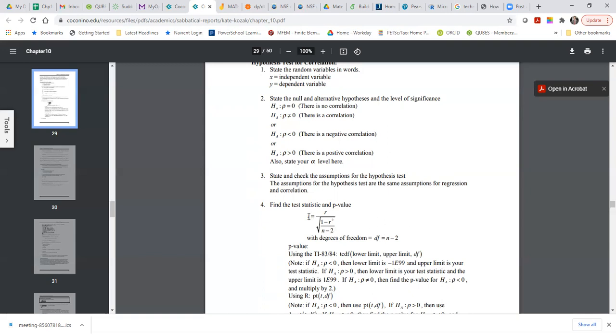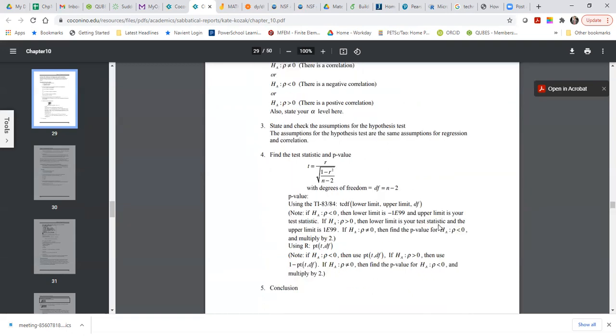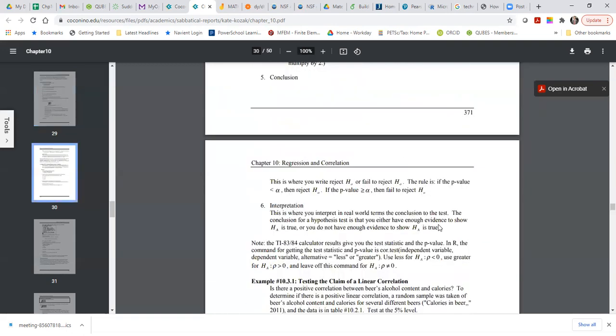You want to find the test statistic. And the same thing, now you need to find the p-value, right? If the p-value is less than alpha, then you reject the null hypothesis. If the p-value is greater than or equal to alpha, then you fail to reject the null hypothesis. So if the p-value is less than alpha, reject the hypothesis, and the conclusion or the interpretation will be